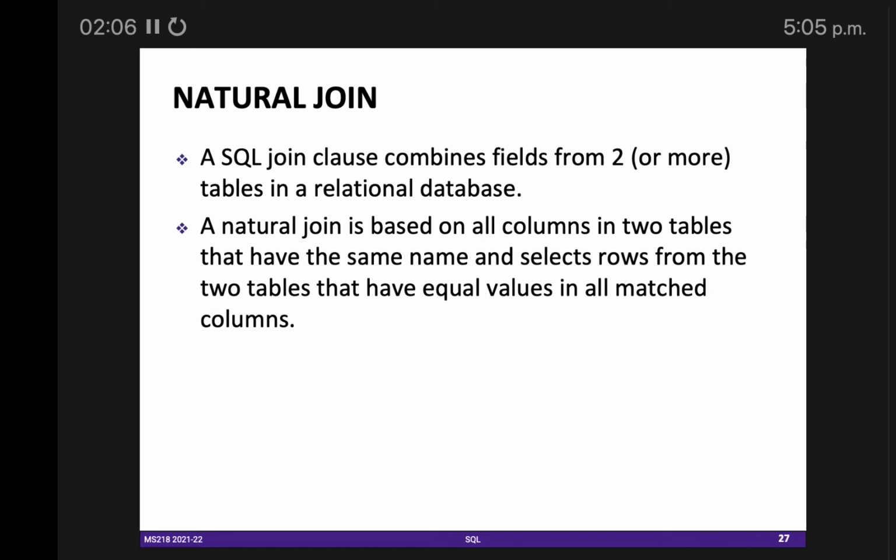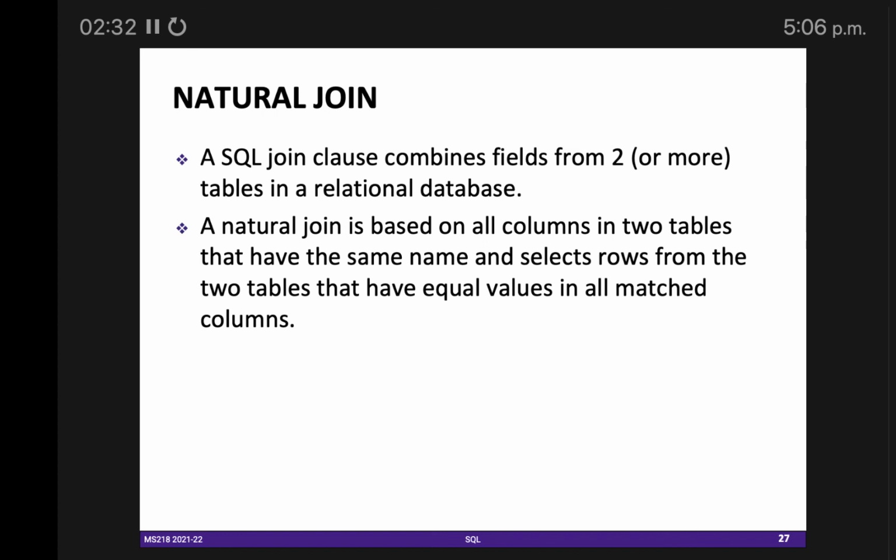The column names should be an exact match. Department_ID is a part of the employees table and department_ID is a part of the departments table, and the data types of both attributes are also the same. Then we can apply a natural join.